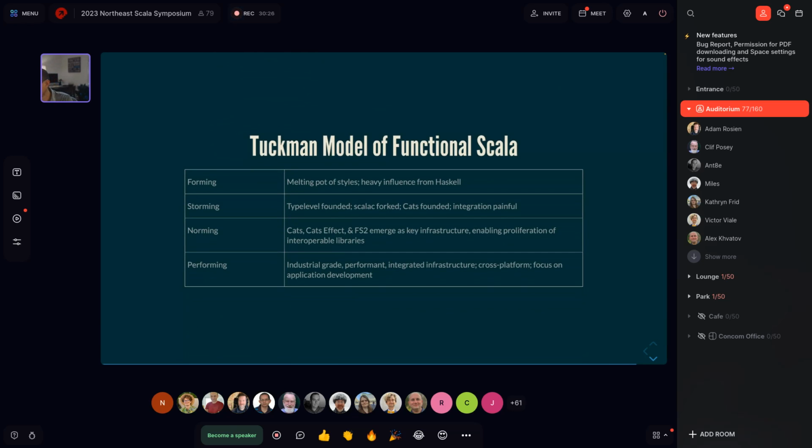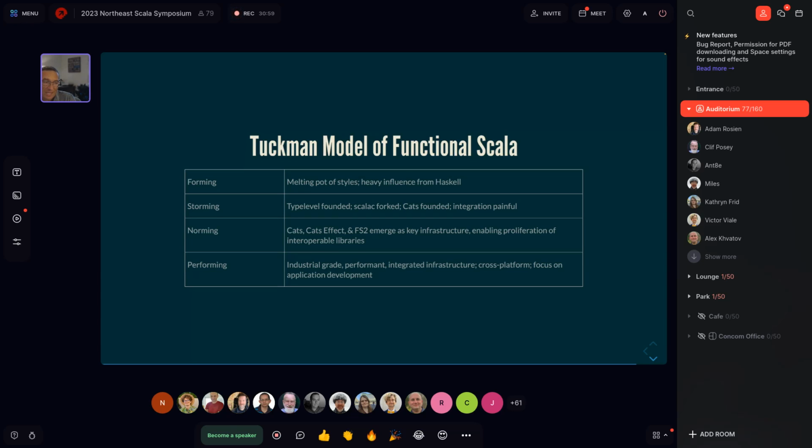So wrapping up, when I look back at the last decade, one thing I thought was kind of interesting was to look at it through the lens of the Tuckman model of team formation. If you're not familiar with the Tuckman model, it's a team and organization analysis model that was built in the 1960s, really about how teams come together and when they become effective and performant.